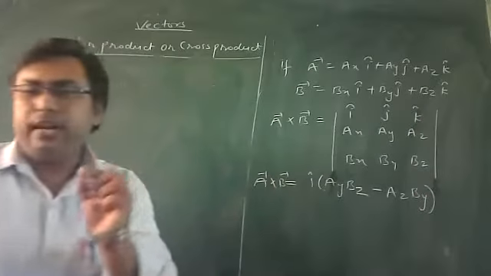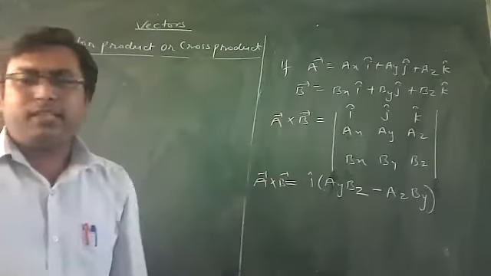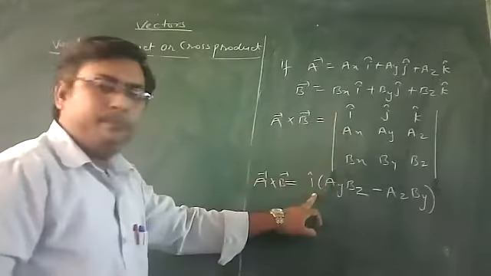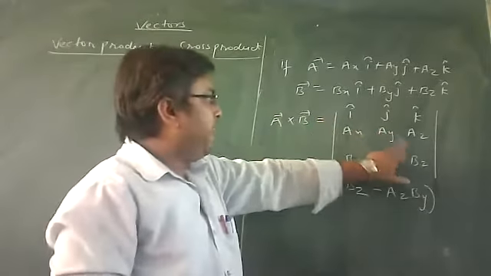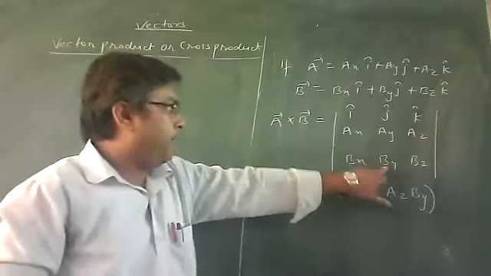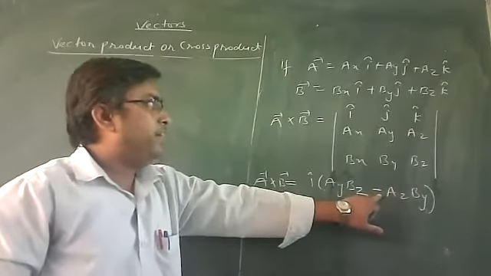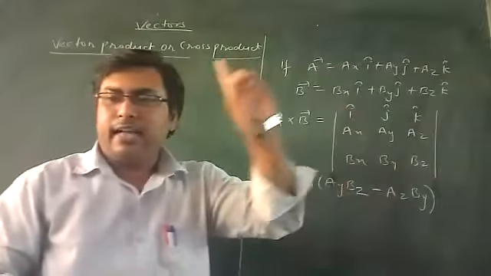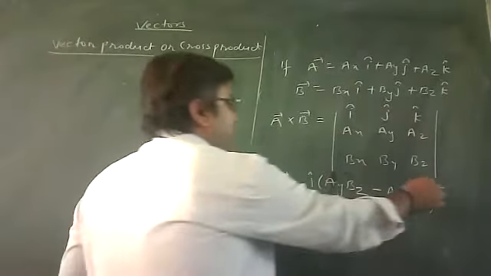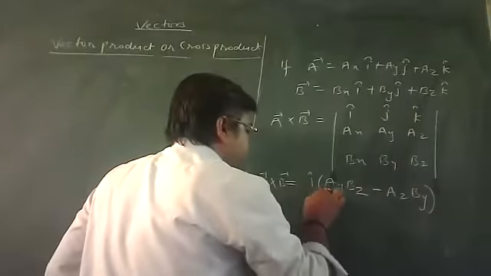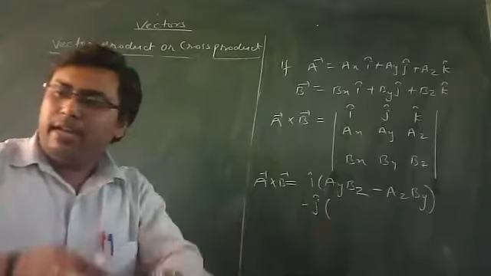See it again carefully because it is very important to solve the vector product. First I am doing i cap. When I am going for i cap, leave the terms of x. First multiply y to z and z to y. Before Az By, you have to attach a minus sign, because j cross k is i cap, but k cross j you will get minus i cap. Then I am utilizing the sign minus j cap.